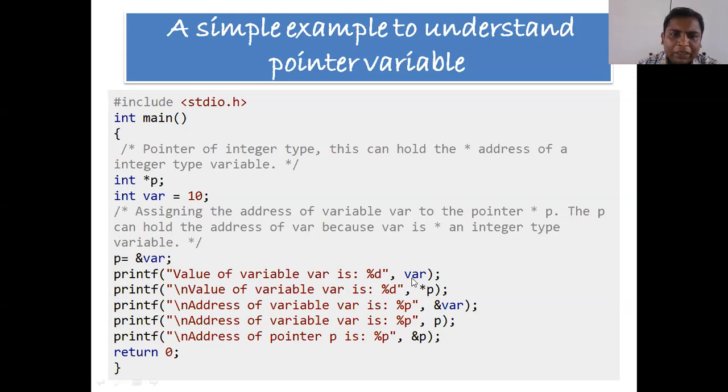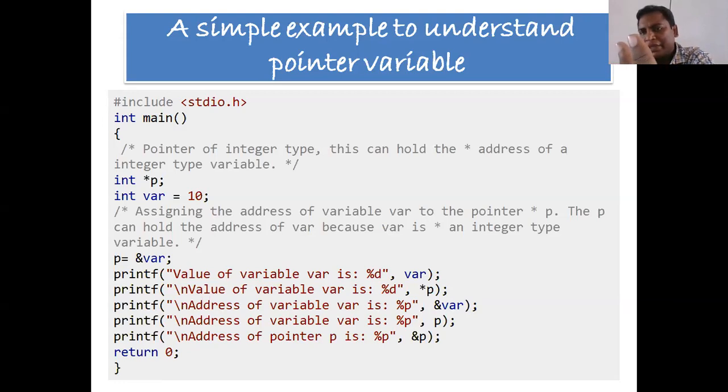Then if we want to print the value of var, I will simply write var. Then we can also make use of one more special operator, that is the indirection operator. So here we have learned two operators.